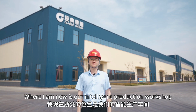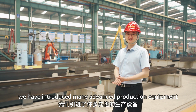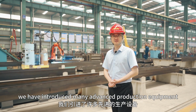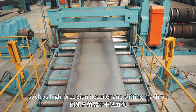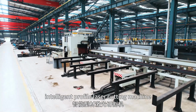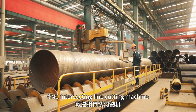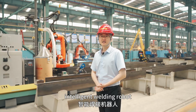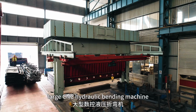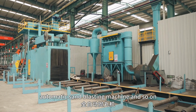Where I am now is our intelligent production workshop. We have introduced many advanced production equipment, such as high-precision decoiler and slitting machine, fiber laser cutting machine, intelligent profile laser cutting machine, CNC intersecting line cutting machine, intelligent welding robot, large CNC hydraulic bending machine, automatic sandblasting machine, and